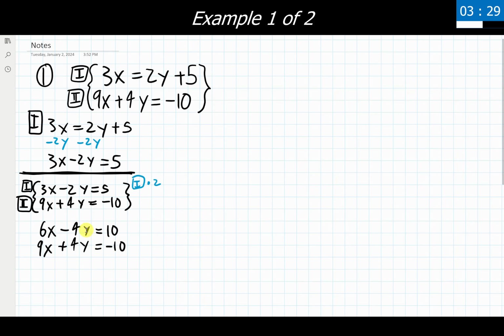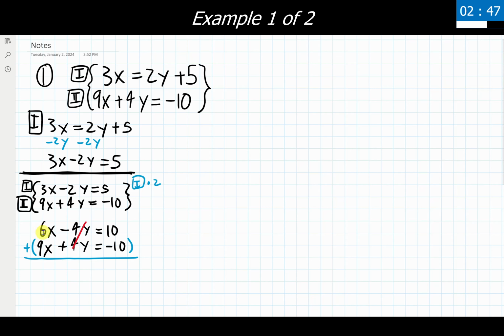Awesome. Now that my y values have additive inverses for their coefficients, that's my second step completed. I can now move on to step 3. I'm going to add the new equations together vertically. I recommend writing out somewhere nearby, here's where I'm adding things together. I'm adding the first equation with the second equation. What are my results going to be? Well, the variables that have additive inverses will cancel. Negative 4 plus 4 gives me 0. 0 times y is just going to be 0. So this whole thing right here is gone altogether.